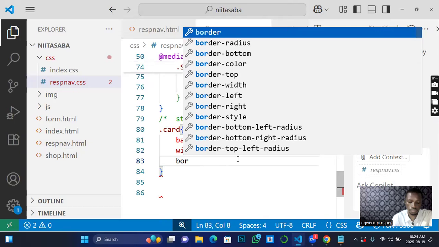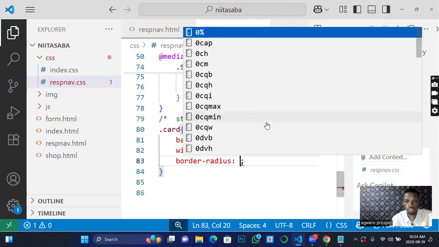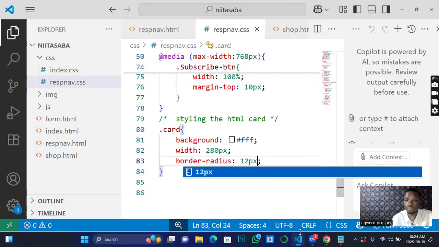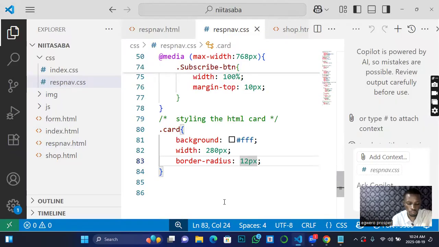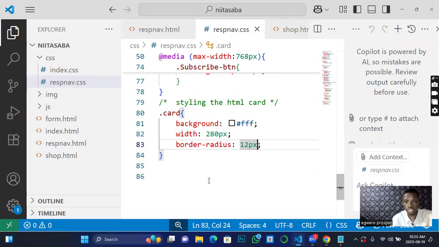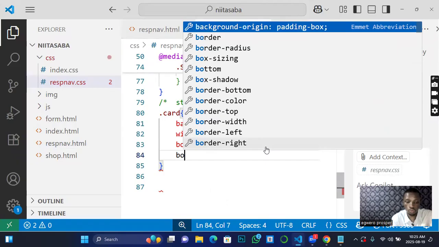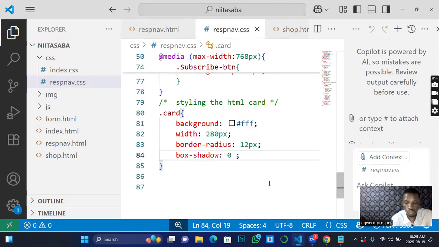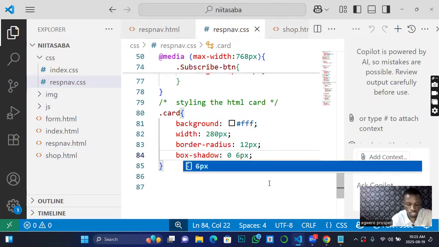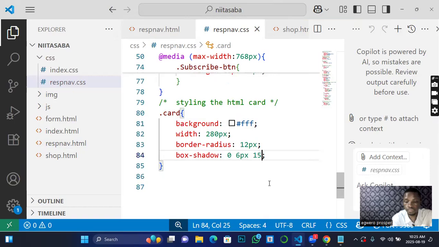I just want to add border radius. Border radius, we already know the work of it, right? Most of these, we are already familiar with them. So once I bring in the border now, you'll be able to see the radius. But I want to apply shadow, box shadow, just to make the card stand out. Box shadow, I can just give a value of 0, 6px, space of, let's say, 15px,